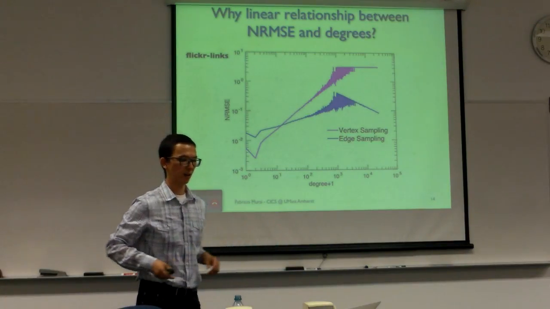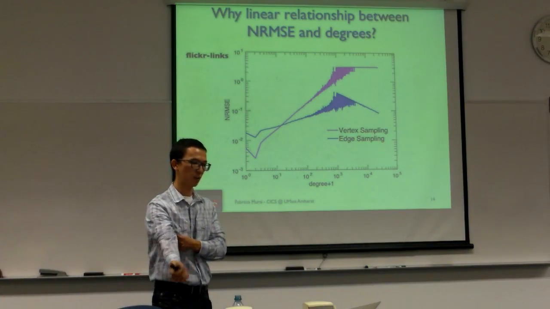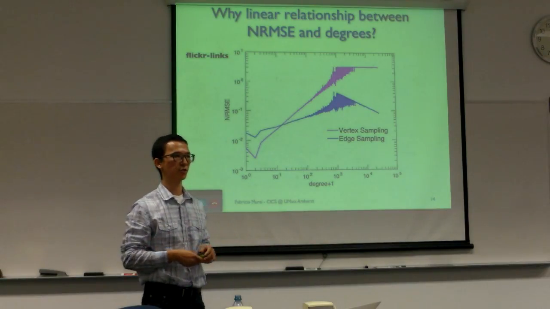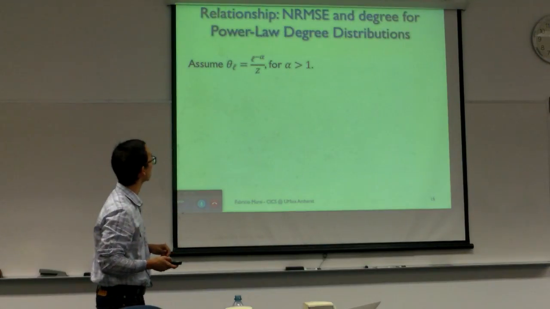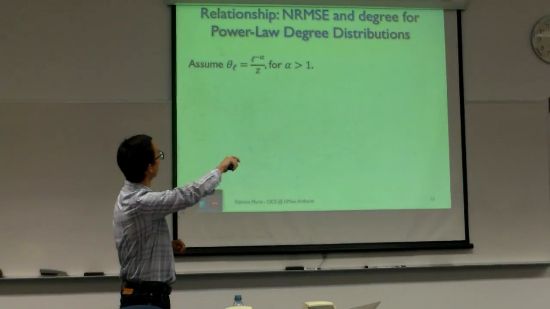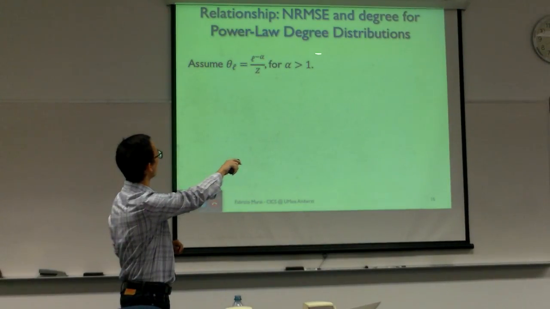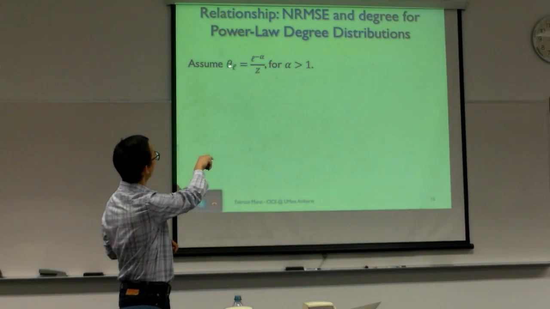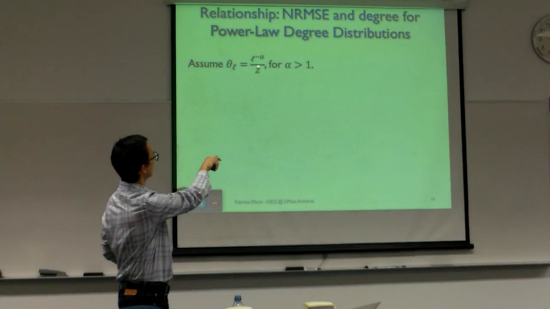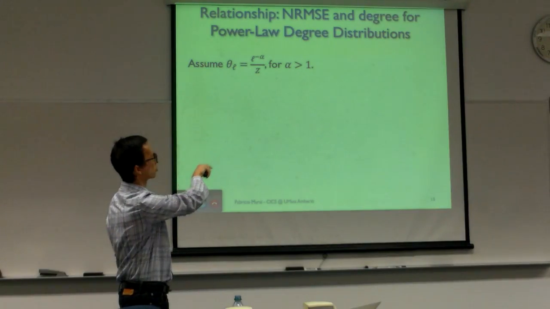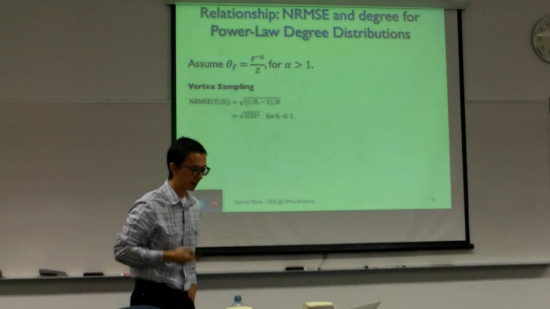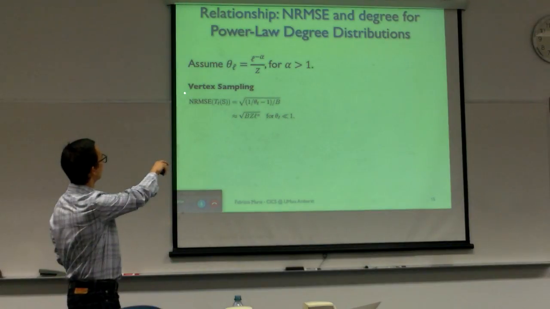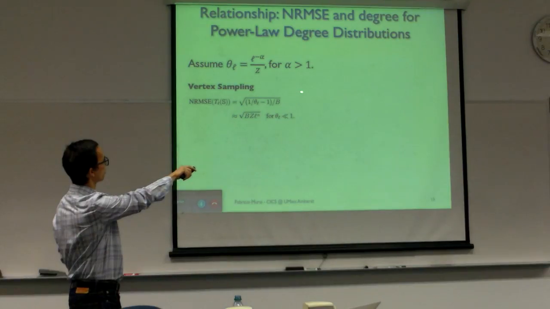To answer this question, we investigate the two basic processes that compose UFS, which are vertex sampling, used to determine the initial walker locations, and edge sampling, used as an approximation for random walk sampling. We show that for degree distributions that follow a power law, meaning the fraction of nodes that have degree L is given by L to the power of minus alpha divided by some normalizing constant, for some alpha greater than 1, then the normalized root mean square error associated with vertex sampling is given by this formula,